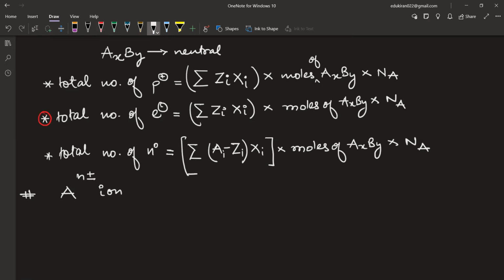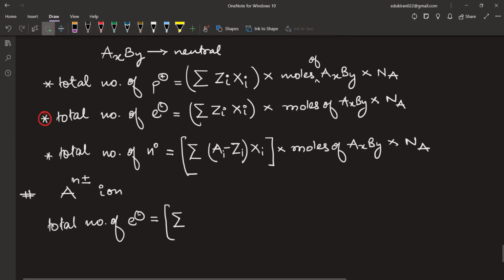Okay, so we'll write the formula for total number of electrons. It will be equal to how much? So first of all, what we are going to do? We are going to calculate the number of electrons in one particular ion. In one ion, how many electron is there? So for that, what we have to do here, we have to